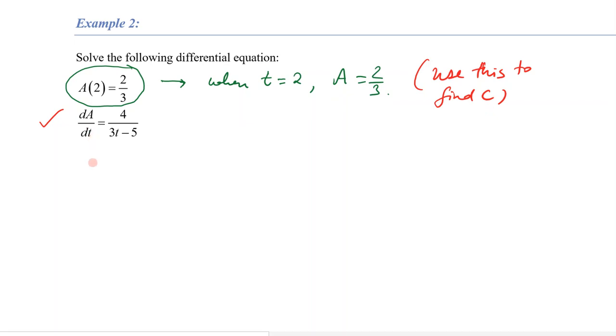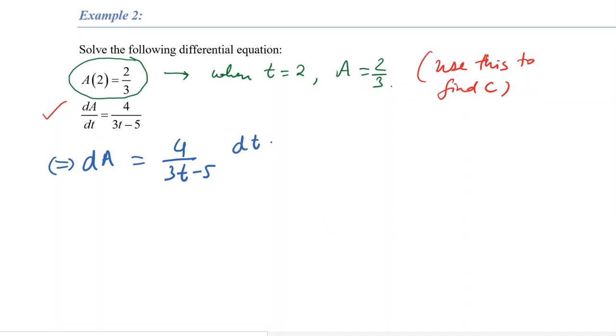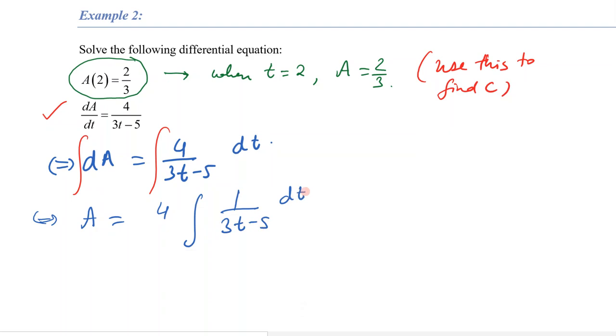So first step is separate the variables. So dA is equal to 4 over 3t minus 5 dt. And now, we have separated the variables. So now is a good time to take the integral on both sides. So from here we get A is equal to, so 4 is a constant. So integral of 1 over 3t minus 5 dt. And now if we think of 3t minus 5 as our function,